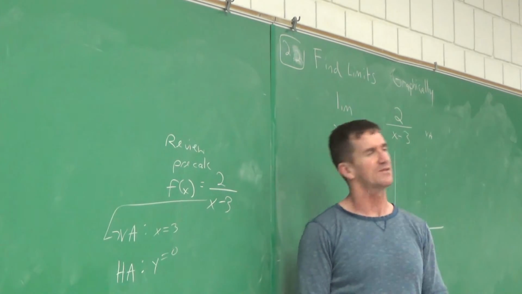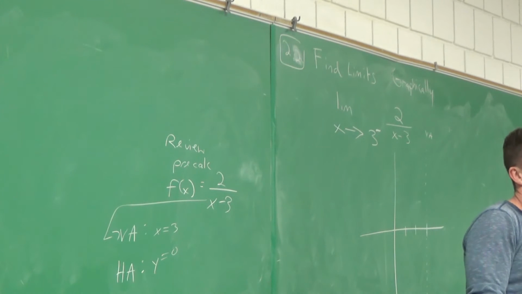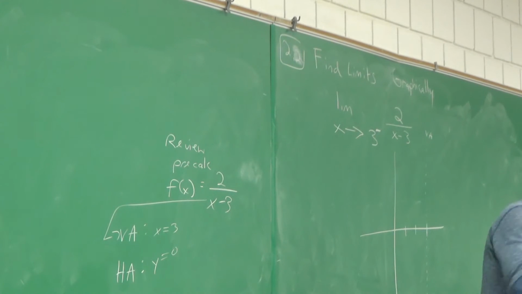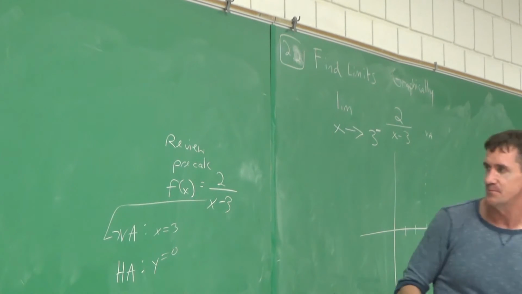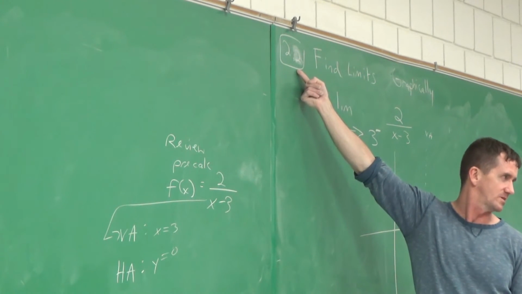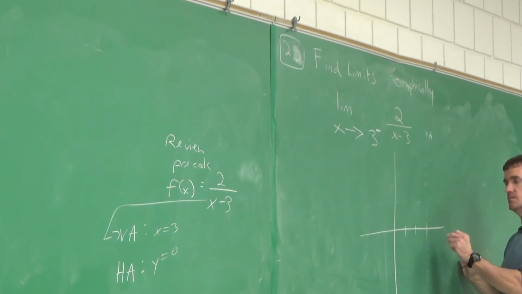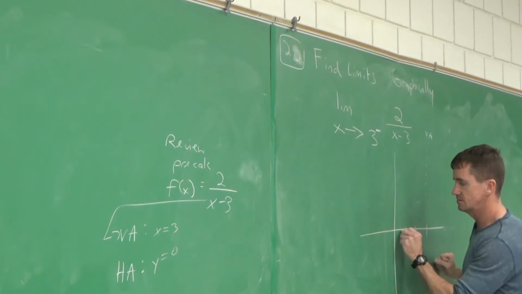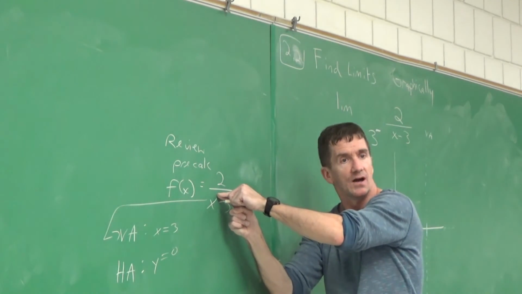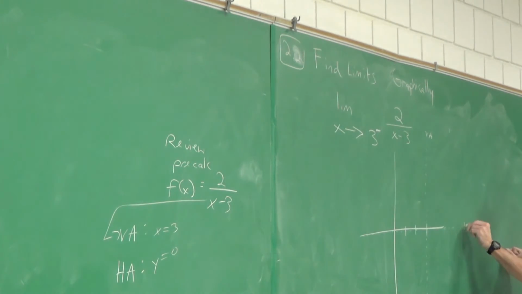Now, if you're curious, like, what if the powers are the same? We'll get into that later this week. We don't have to harp on that now unless you really were curious. They really get into this in 2.6, I just thought it'd be neat to talk about it right now, since we're doing limits graphically. So, where's the horizontal asymptote? Right here. And it's always gonna be here in a rational expression if the higher power of the exponent is on the bottom.